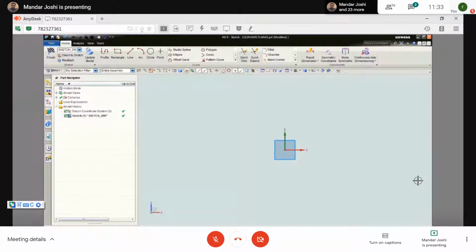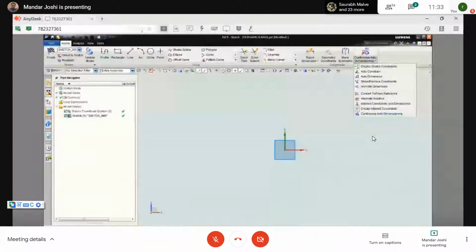So is there any way to set that particular setting as default, like in Creo? There is a specific option. I will tell you later, once I create this model, for the next component, so that you don't have to remember the specific settings one by one every day. We store the setting one time and you can start the work. Now, currently I have turned off continuous auto dimensioning, and after that I create a rectangle.